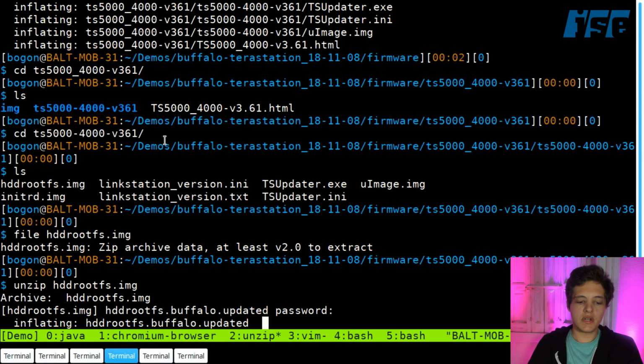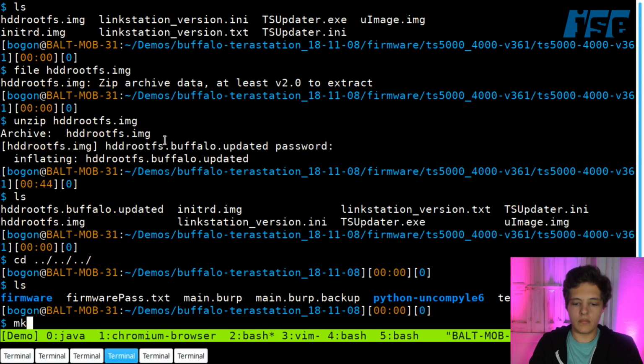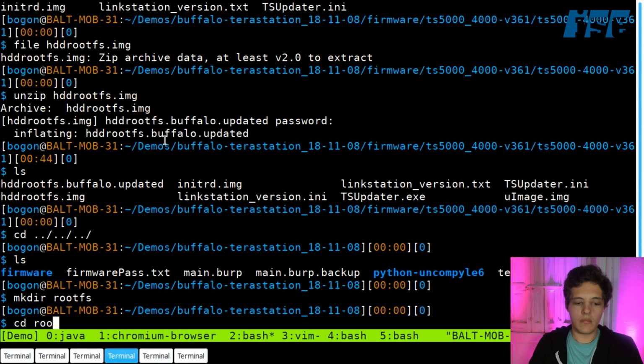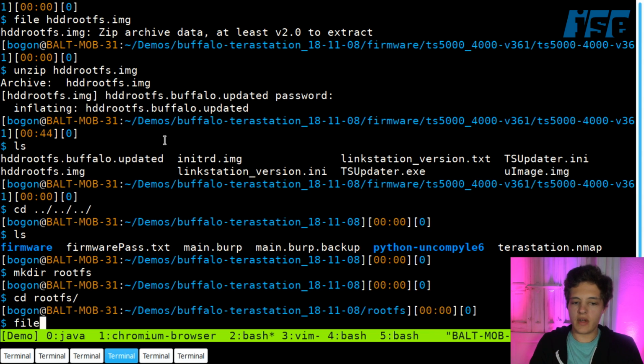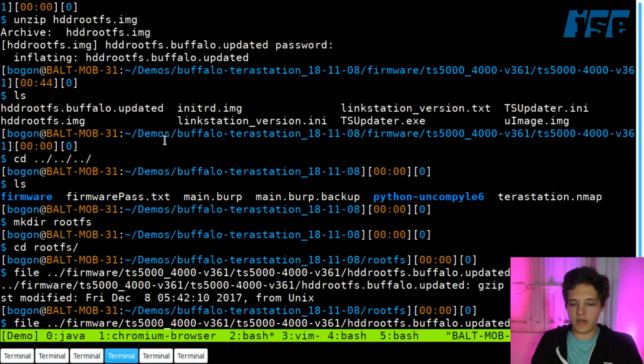If we just give that encryption key, it'll start unzipping our firmware file. It takes a little while, not too long though. So now I'm going to change directories, because I happen to know that this gets a little... So we run file on the new file, firmware bs.buffalo.updated. We'll see that it is a zipped compressed data file, so it's probably a